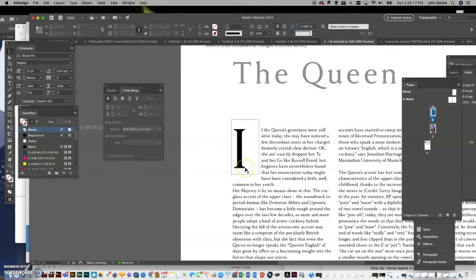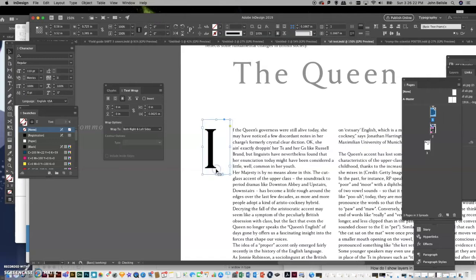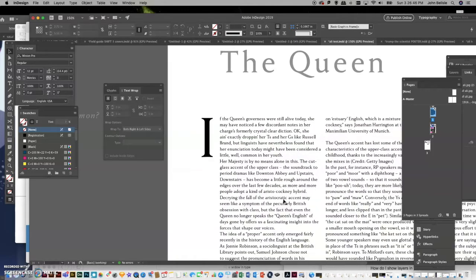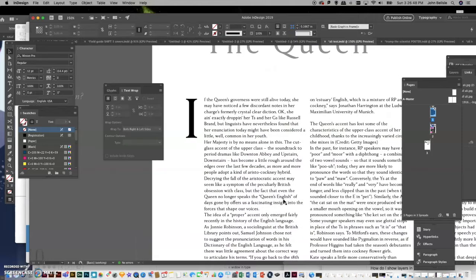Now, the other style of drop cap that is fairly popular are ones that start just outside of the actual paragraphs themselves. So you could do something like that, and it doesn't really matter if it's serif or sans serif with drop caps. So the last thing I want to show you with this video is how to figure out extra spaces,